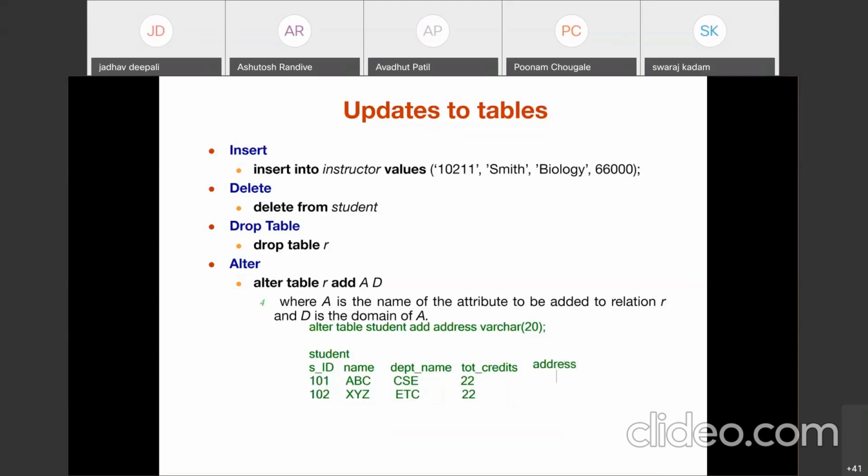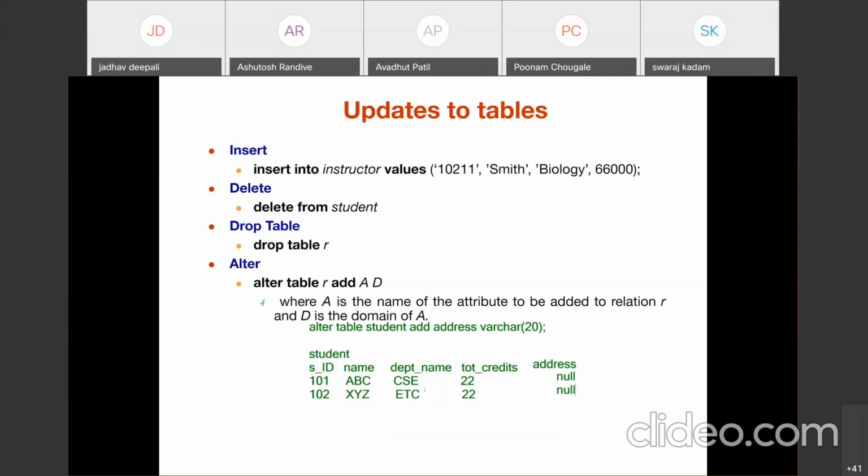Now what about the value of address in these 2 tuples, the previous tuples? Everyone clear with my question? In that case, it automatically adds null value